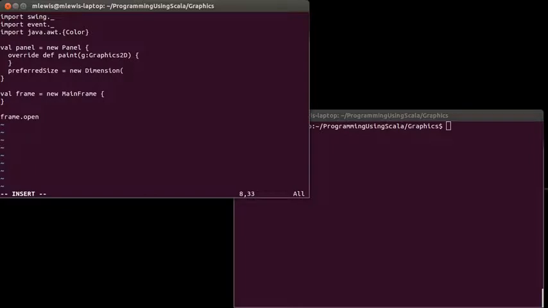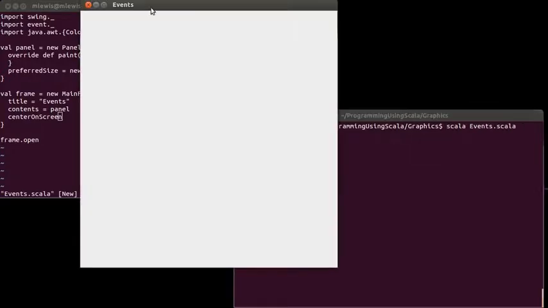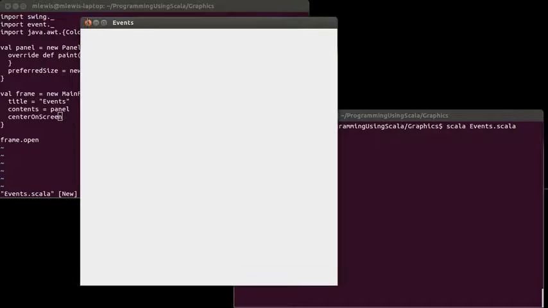I'm actually going to go a little bit bigger this time. The frame, give it a title, and center it on the screen, to make sure that's all happy. And sure enough, we get a window, it pops up. Okay,